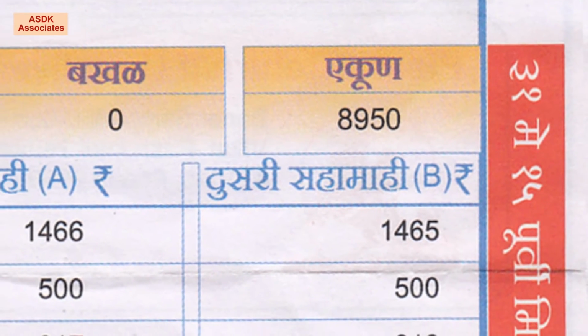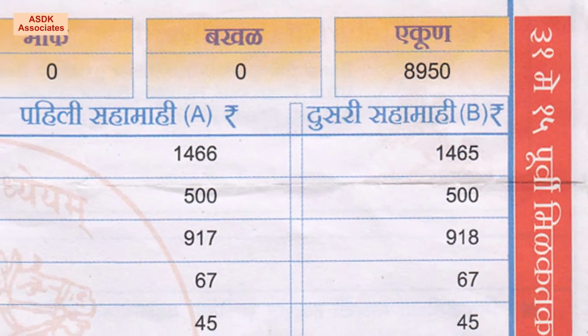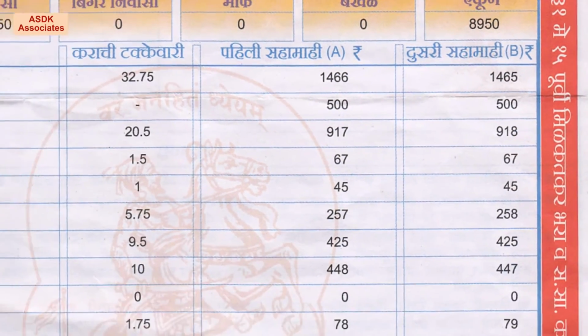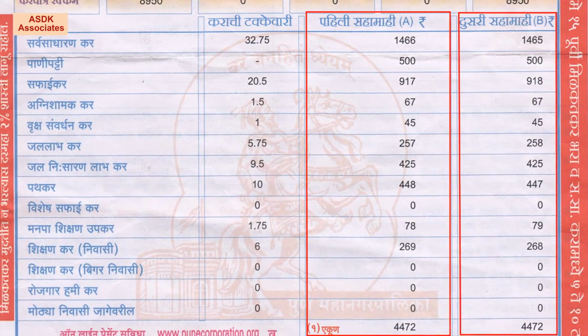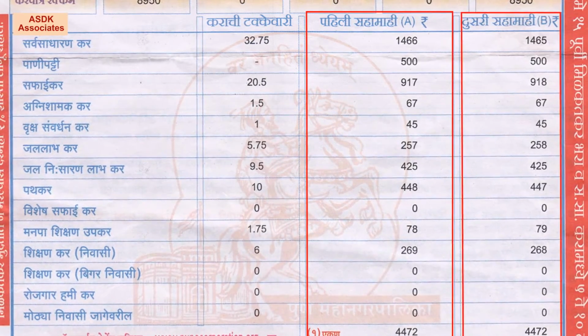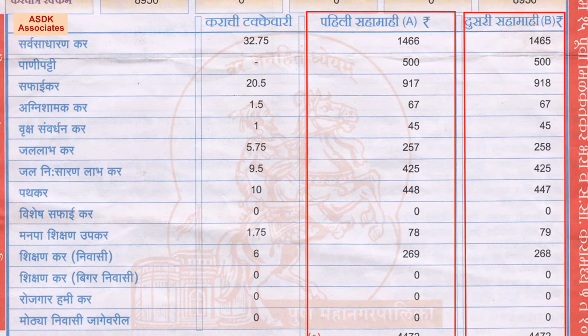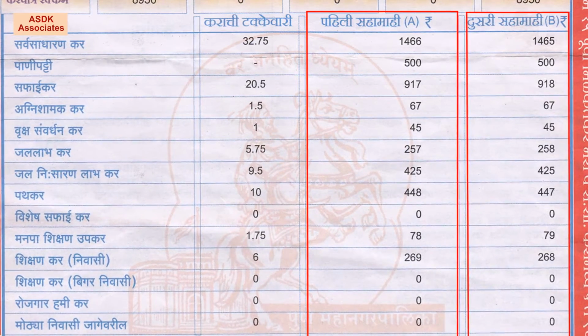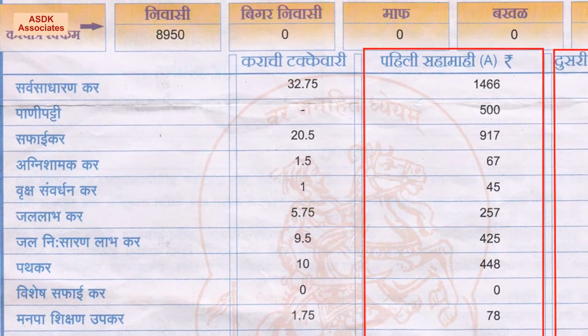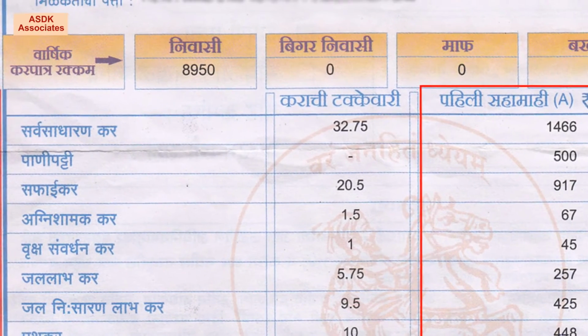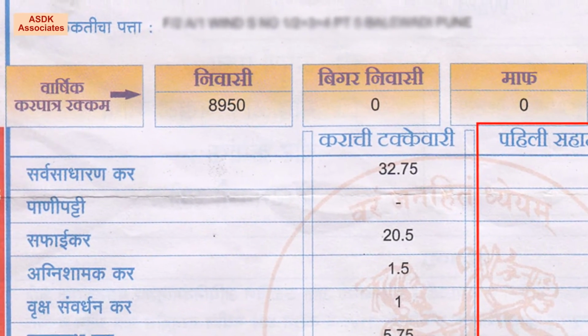In continuation of the same table above, you will find the bill is generally calculated for two slots. First half yearly bill and second half yearly bill. First half yearly bill is calculated for the months of April to September. Second half yearly bill is calculated for the months October to March. Your property tax bill is a sum of percentages of various taxes which the government imposes on the consumer.